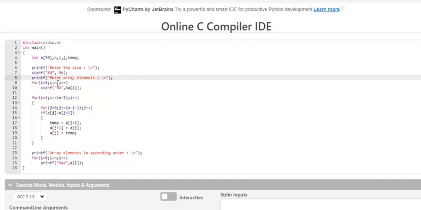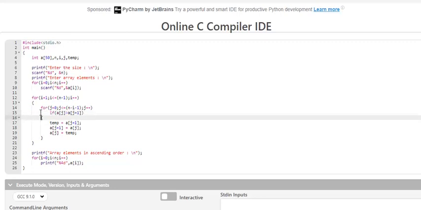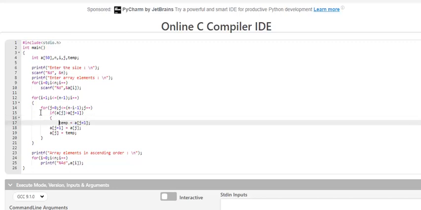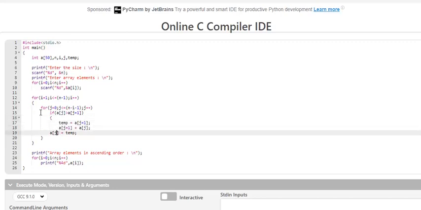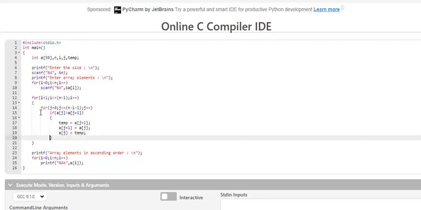For this for loop, there is only one statement, and for this for loop, this is the open curly brace, this is the closing, and inside we have one more tab. The if statement has only one block, that is the true block.